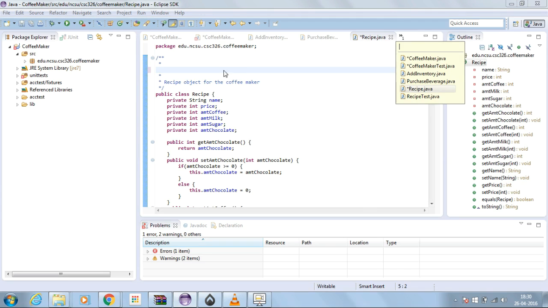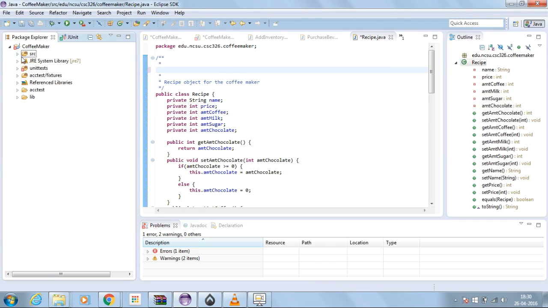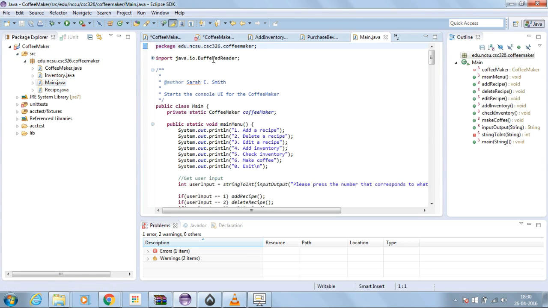There are a few more which we already have made. Inventory main, there is a main. So in this main, we can see that